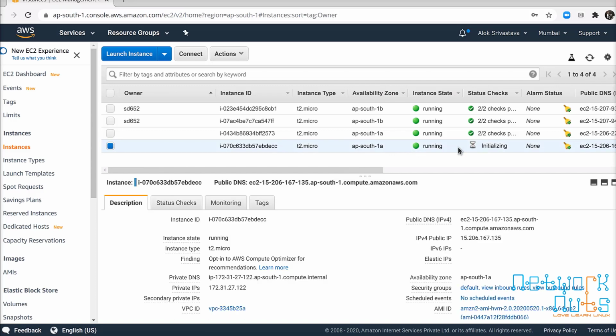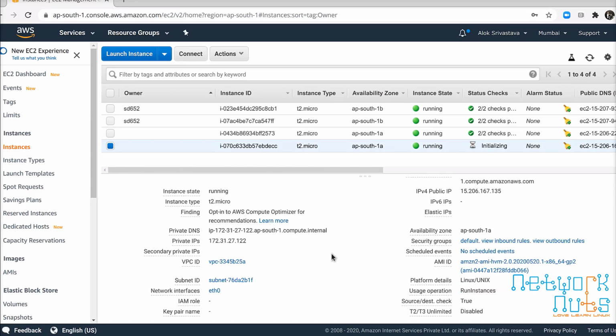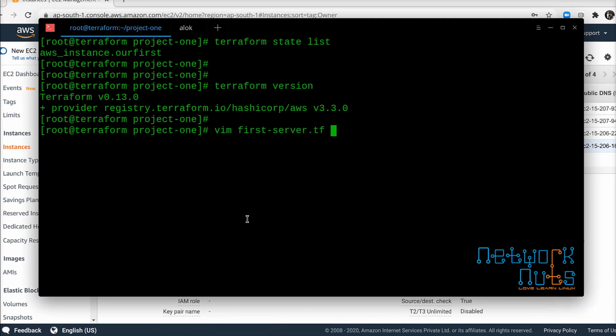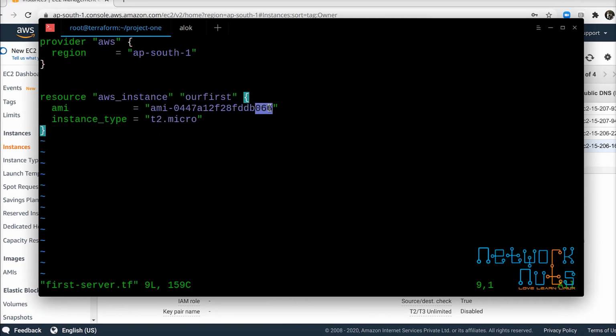This is the one which is getting initialized, right? That is my AMI ID. I can check my AMI ID also, right? This is ending with 066, and that was my AMI ID ending with 066. Fair enough, right?